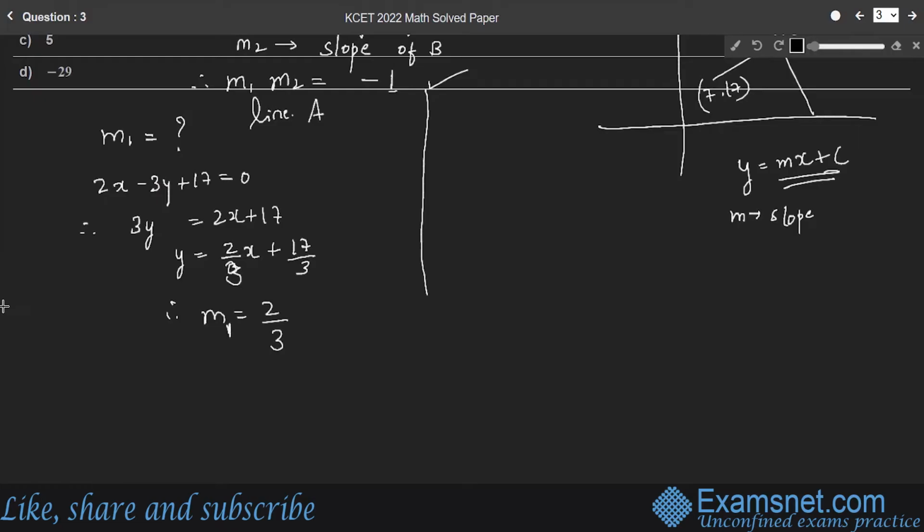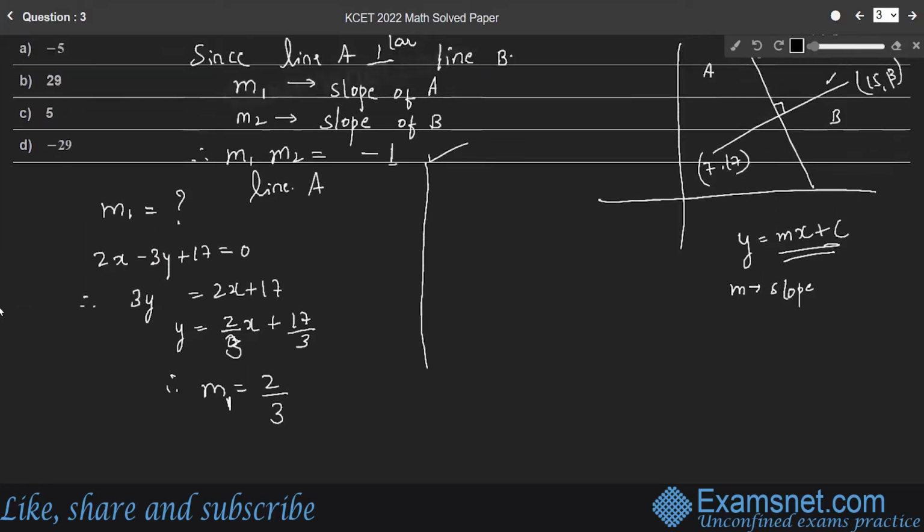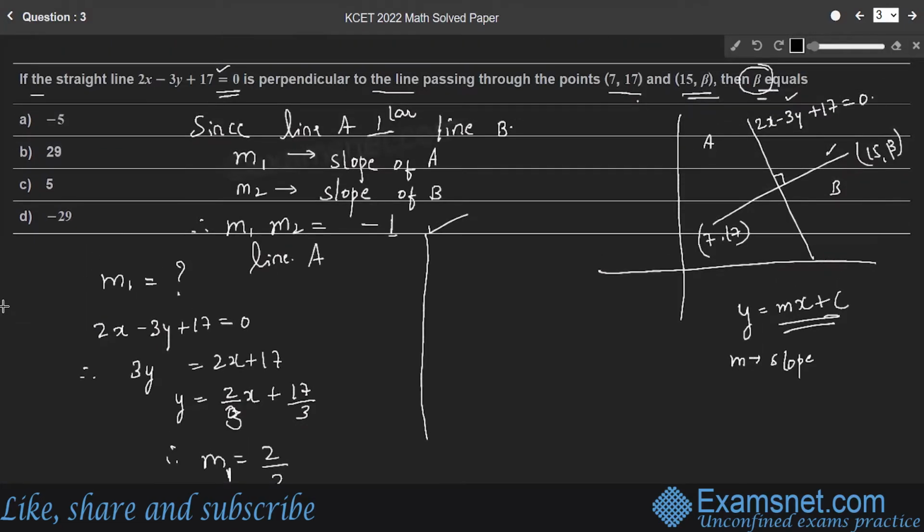Therefore, slope of first line is 2 by 3, whereas the second line is passing through 2 points. Therefore, m2 with respect to the second line: m2 is equal to the difference between the y coordinates. So y coordinates are 17 and beta, right? So directly we'll take 17 minus beta or beta minus 17